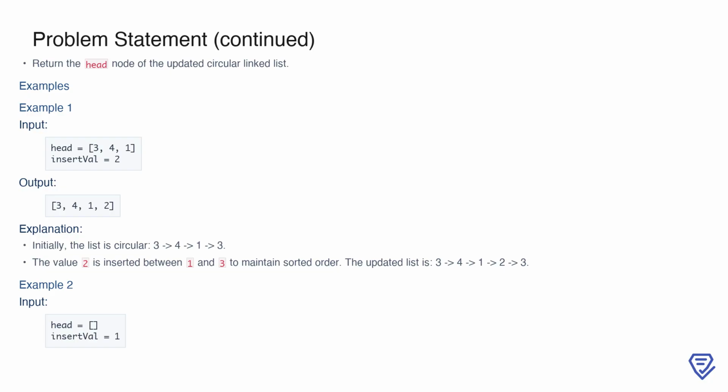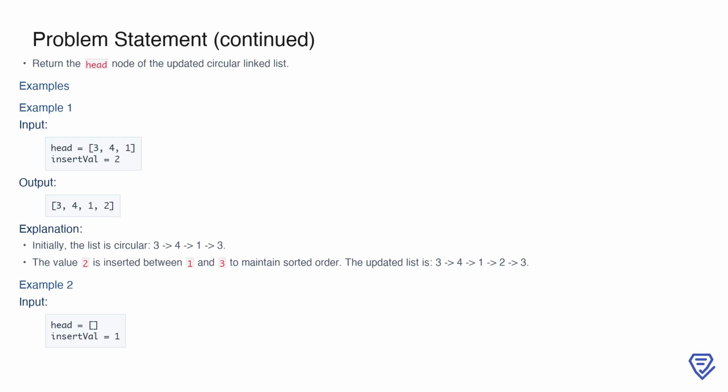Let's consider an example to understand this better. Suppose the input head is 3, 4, 1, and the value to insert is 2. Initially, the list is circular: 3 points to 4, 4 points to 1, and 1 points back to 3. Our task is to insert 2 while maintaining the sorted order. The correct position for 2 is between 1 and 3. After the insertion, the updated list will be 3, 4, 1, 2, where 2 points back to 3, preserving the